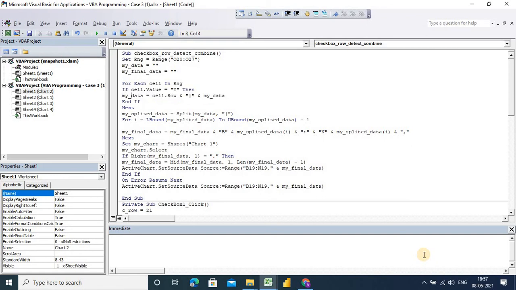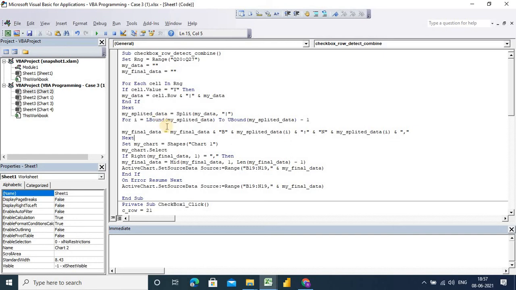So it is combining rows. Once we combine, we are splitting that row to get the proper format. After splitting, we give the proper format like this, so we can apply it in our chart.